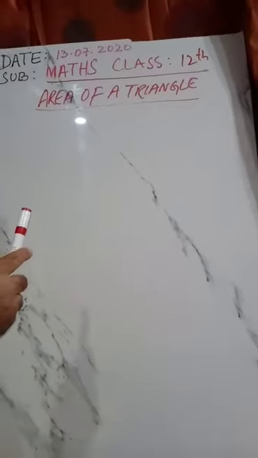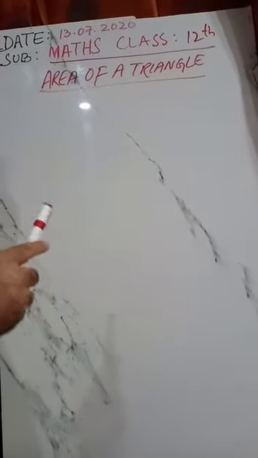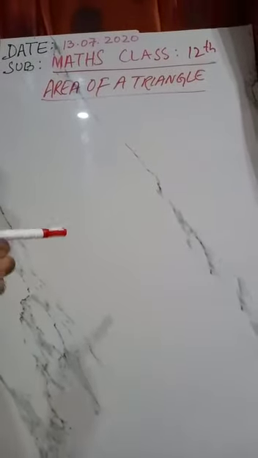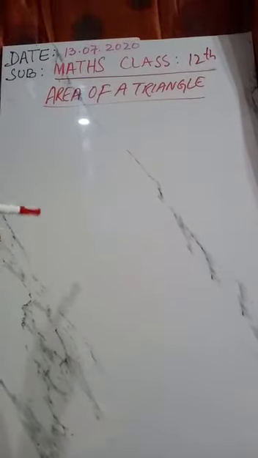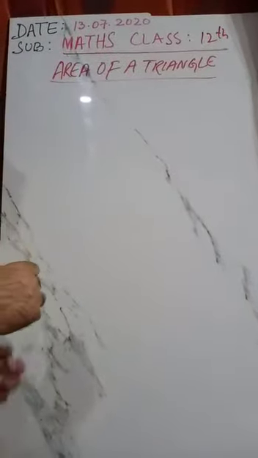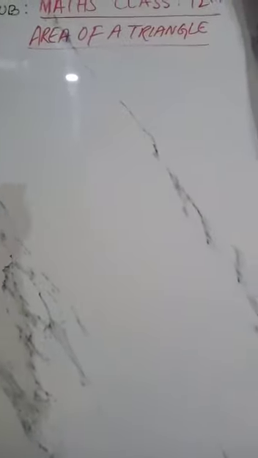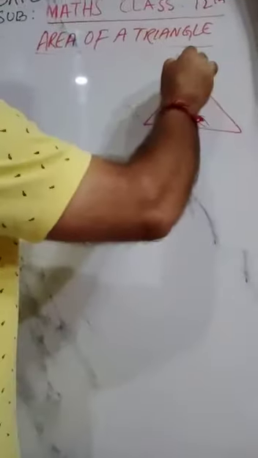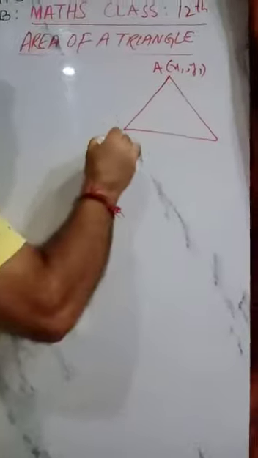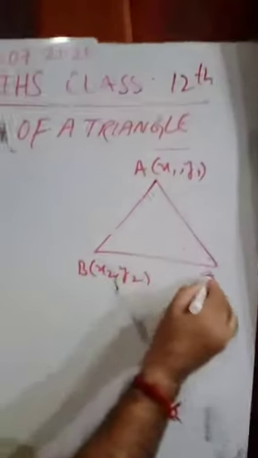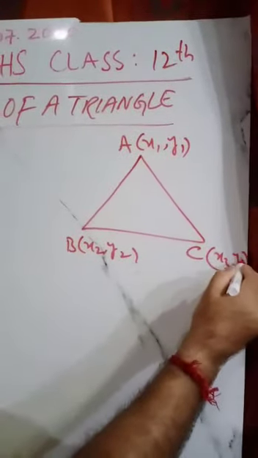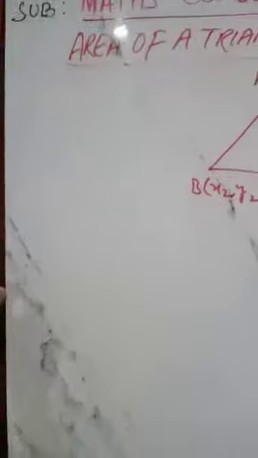We have already studied the area of a triangle with the help of coordinate geometry in the previous classes. To compute the area of a triangle, we always use the vertices of the triangle in coordinate geometry. So if we have a triangle whose vertices are given as A (x1, y1), B (x2, y2), and C (x3, y3), then the formula we used to find the area of a triangle in the previous classes